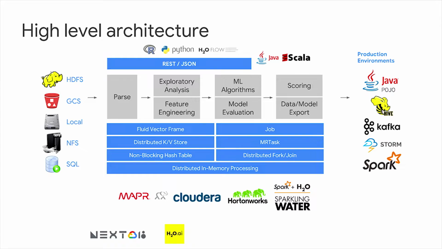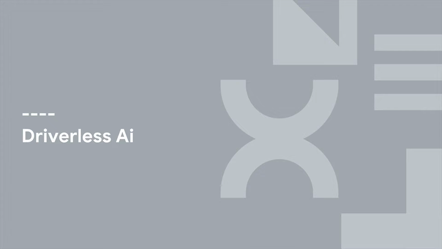And then the cool part is after you've done all the modeling, you can export the artifacts as either a plain old Java object or a model object and deploy it into a whole bunch of scoring environments. This code is highly optimized for low latency scoring. So you're talking about microsecond to millisecond level latency. And it is completely independent of the training cluster. So you can shut down the training cluster, take the scoring artifact, and put it to deployment anywhere. So that's a really clean end-to-end story for enterprises and even for any data scientist, right? So that was H2O core open source.